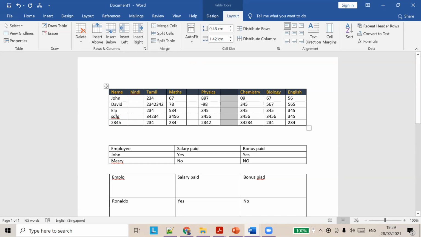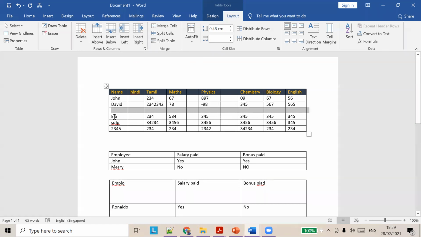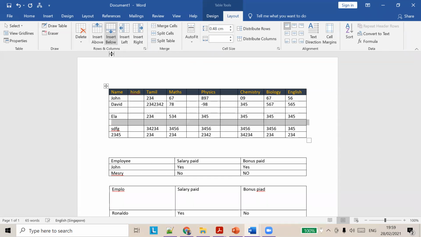So if the cursor is here in Ella, if I want to add a row above, I can do it. This cursor is still in Ella. If I want to add a row below, I can do it. So that's it. So insert rows below or above, insert left or right. You will understand it just by reading. Nothing complex at all. You should be able to understand by reading the text. Is it clear? Okay okay. If not, ask. Okay. So that's it. And similarly we can delete too.